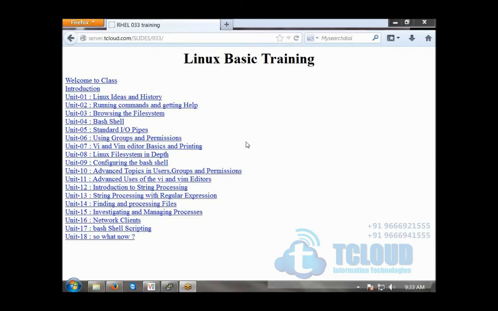So before we go ahead with the course content, let's go with the summary of the course. The course, that is the Linux Basics training, is a 15 hours duration. Coming to our T-Cloud infrastructure, we have a good infrastructure in the lab setup where you can actually go across and learn about the complete Linux basics stuff.